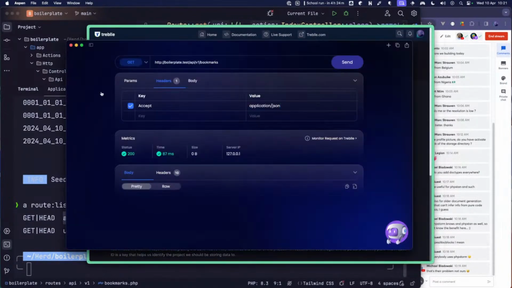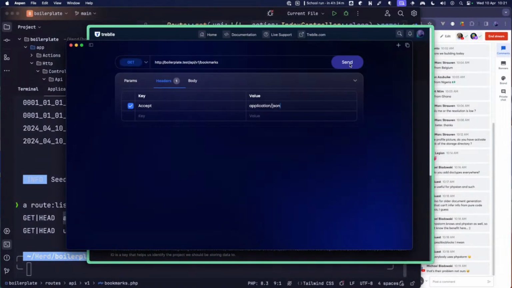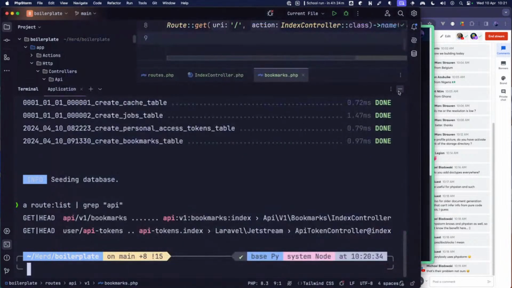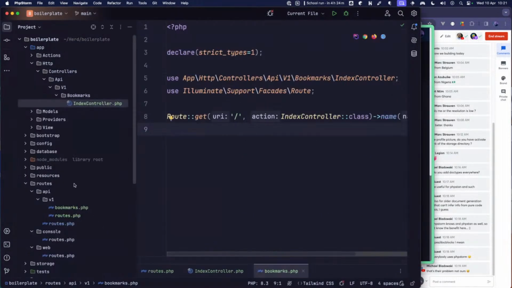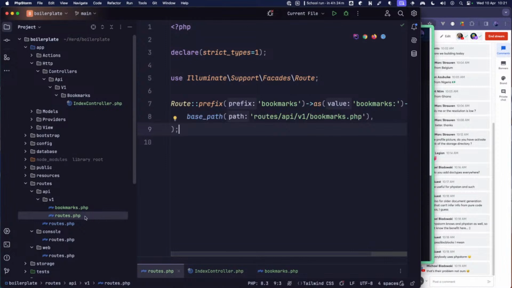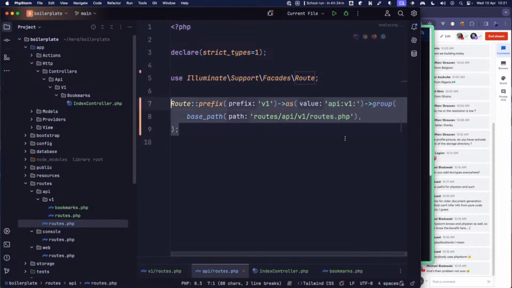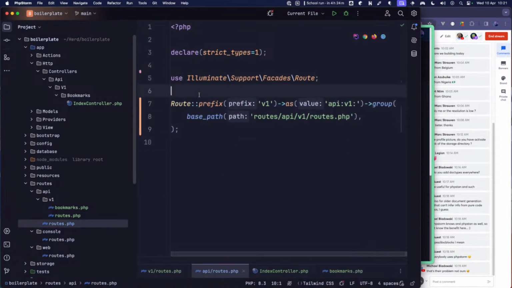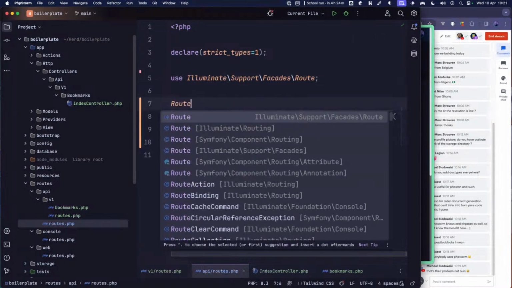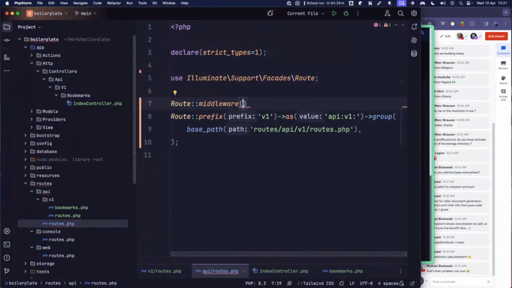So, I haven't added the middleware yet. So over in our routes for our API, let's say root middleware, treble middleware,